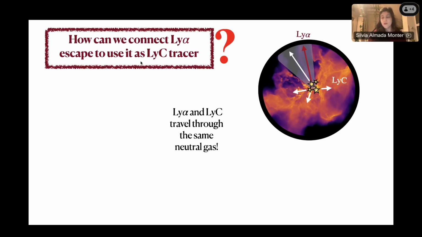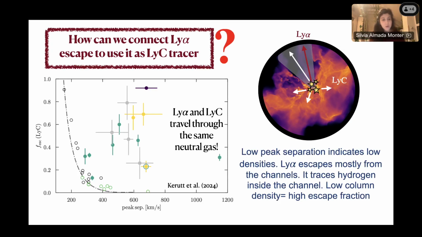This is far from simple, and there have been many works and many groups that have tried to do this. For example, one of the most famous relations between Lyman-α and Lyman continuum is the peak separation of Lyman-α and the escape fraction of Lyman continuum. The peak separation is an indicator of density. So the lower the column density, the lower the peak separation, the higher the escape fraction. As we can see, it works with these points, which happen to be low redshift galaxies,